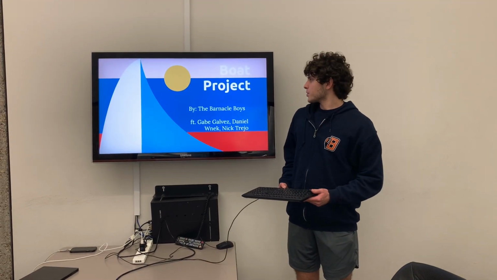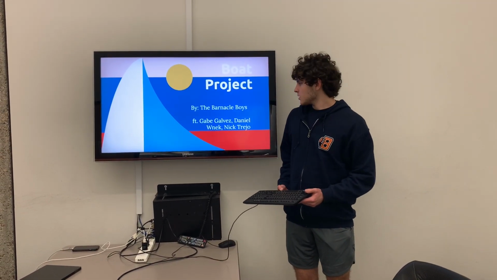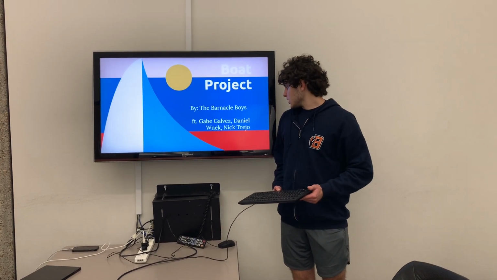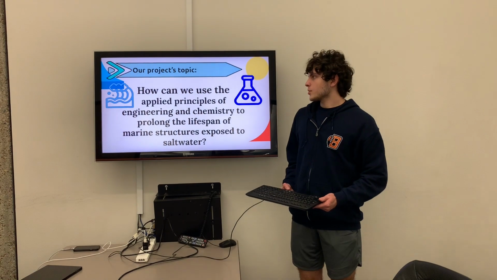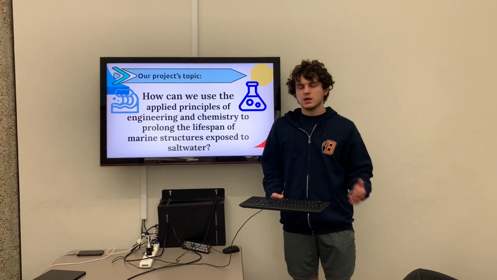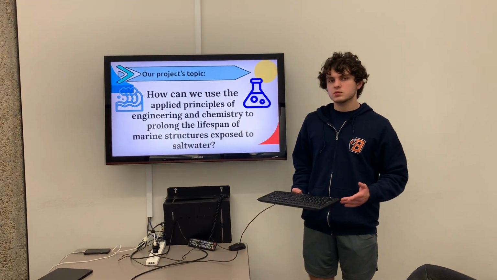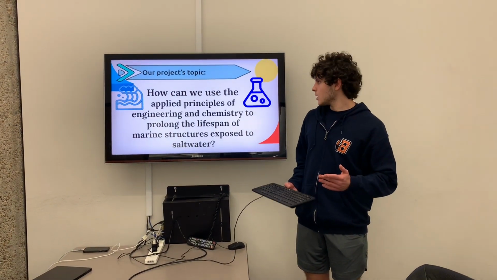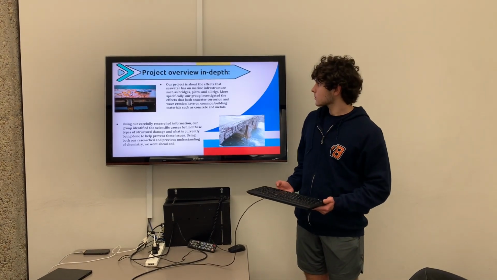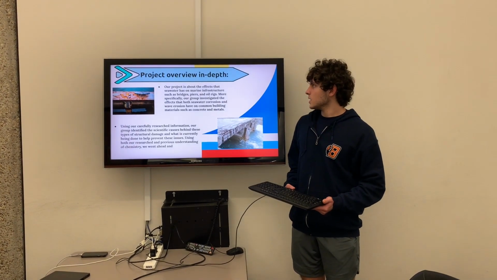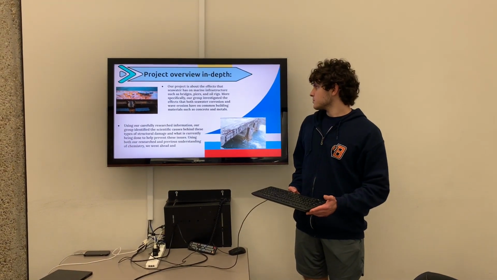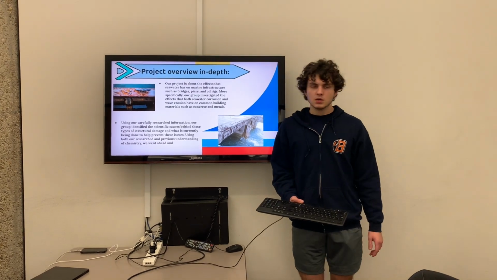So this is our boat project by the Barnacle Boys, and our team members are Gabe Galvez, Wnek, which is myself, and Nick Trejo. So our project's topic was exploring how we can use the principles of applied engineering and chemistry that we're learning in order to help solve problems, for example, the lifespan of marine structures exposed to salt water. So our project goes in and overviews in depth the various ways that seawater corrosion and wave erosion have